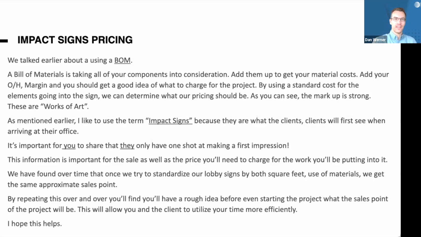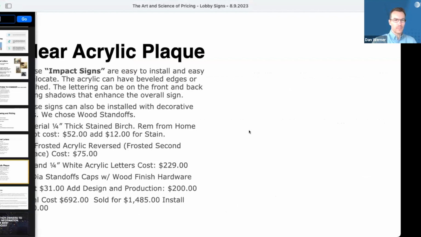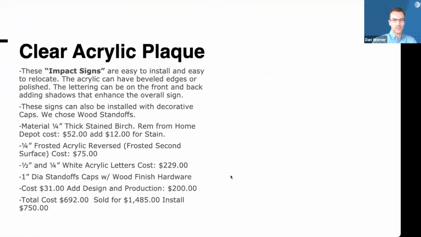All right, while we're waiting for that, George, I'm gonna go back a couple slides. You bring up some good pricing models here. And just to dig into these a little bit more, here with this clear acrylic plaque,